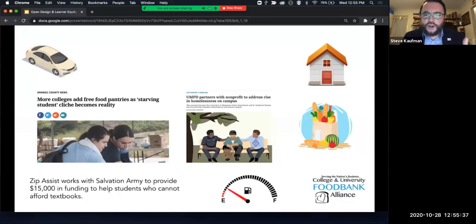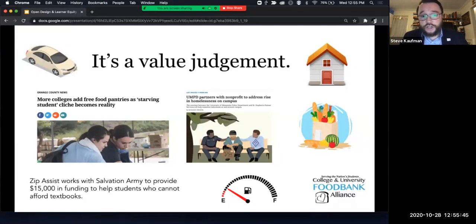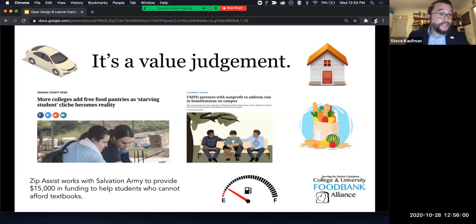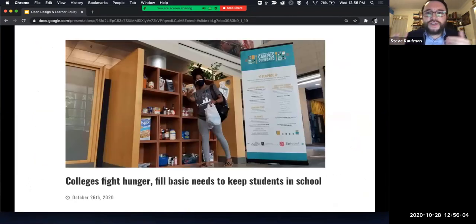But something I want to note here is that there's obviously a lot of things that play into what students have to spend their money on. And really what it comes down to is it's a value judgment, right? Think about how food insecurity has become a major issue, especially during a pandemic. I have some offices on our campus that have just a little food bank pantry for the majors, and they have ramen stock there and soup cans and all these different things, and it's constantly having students come through and grab something.